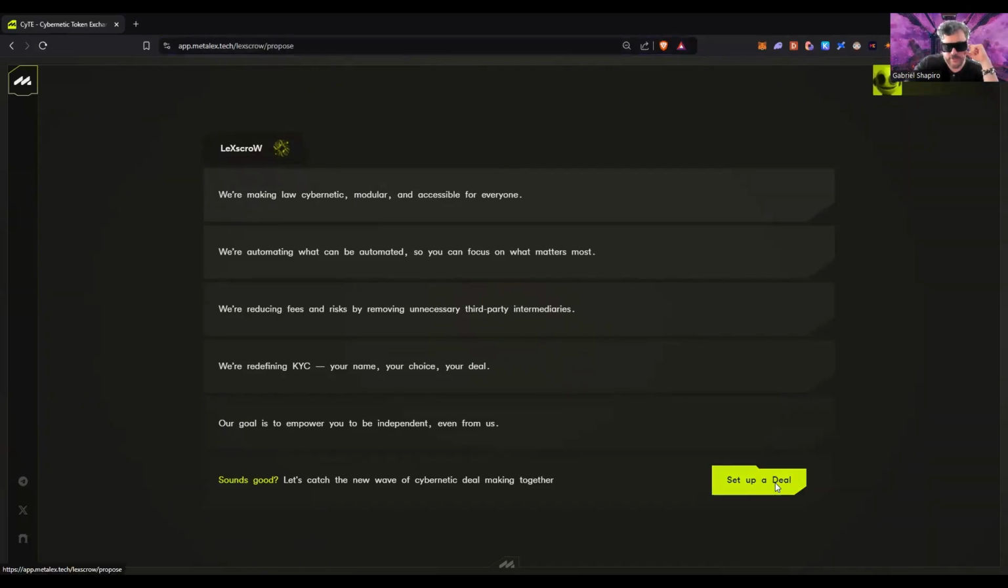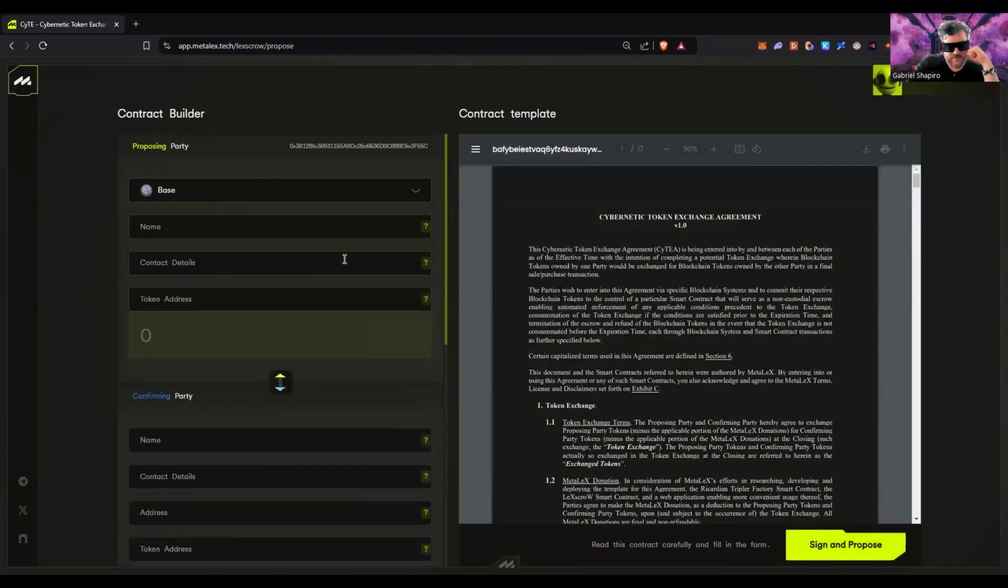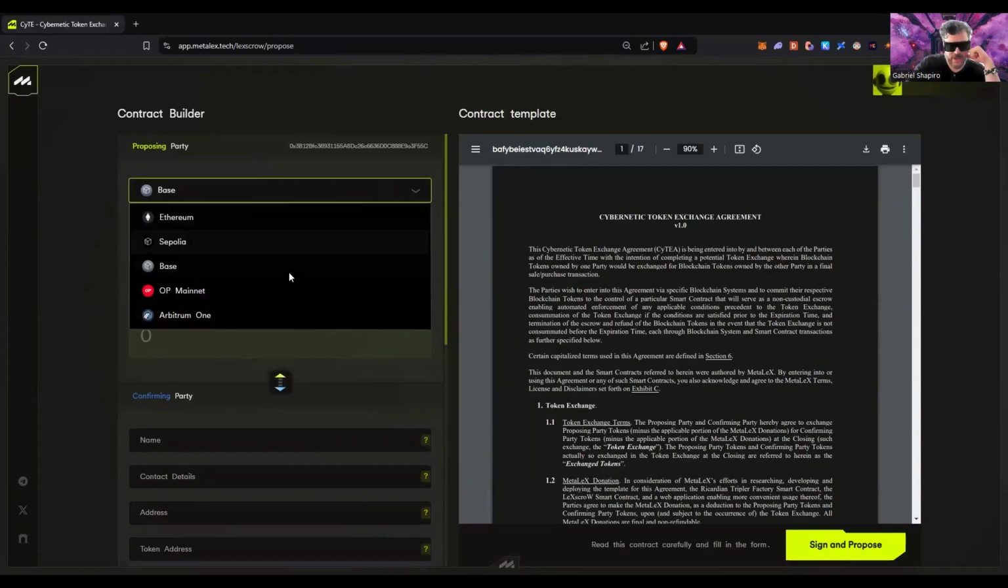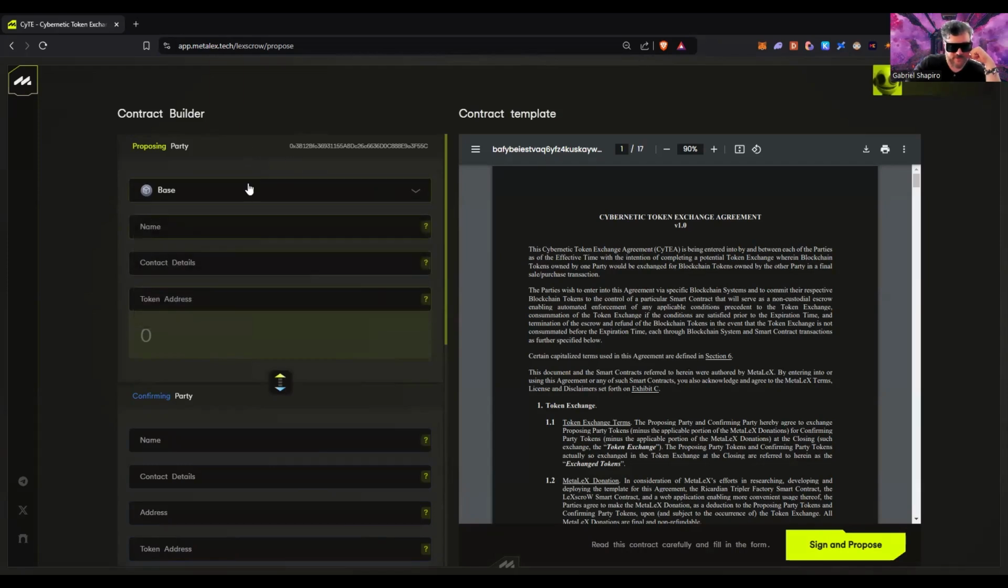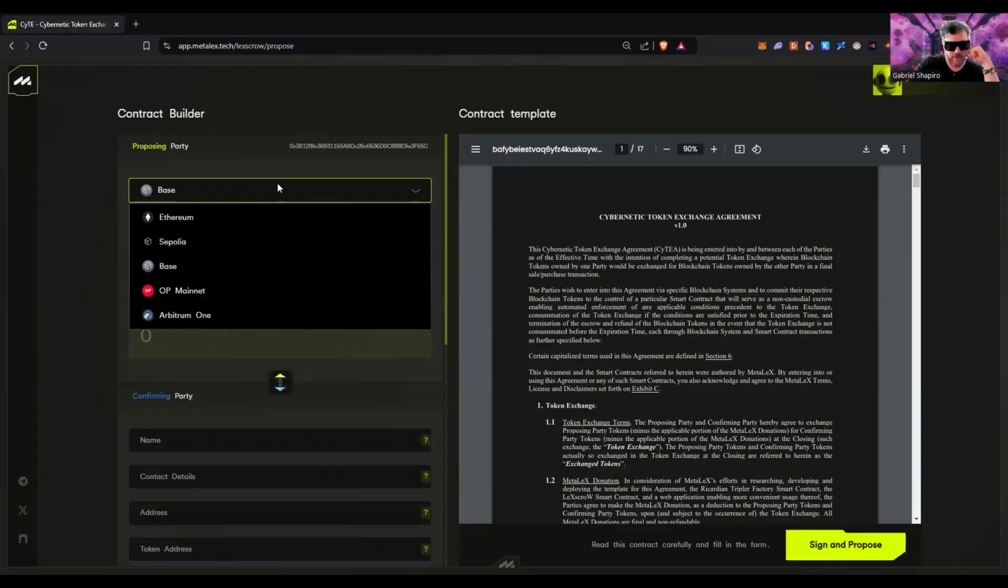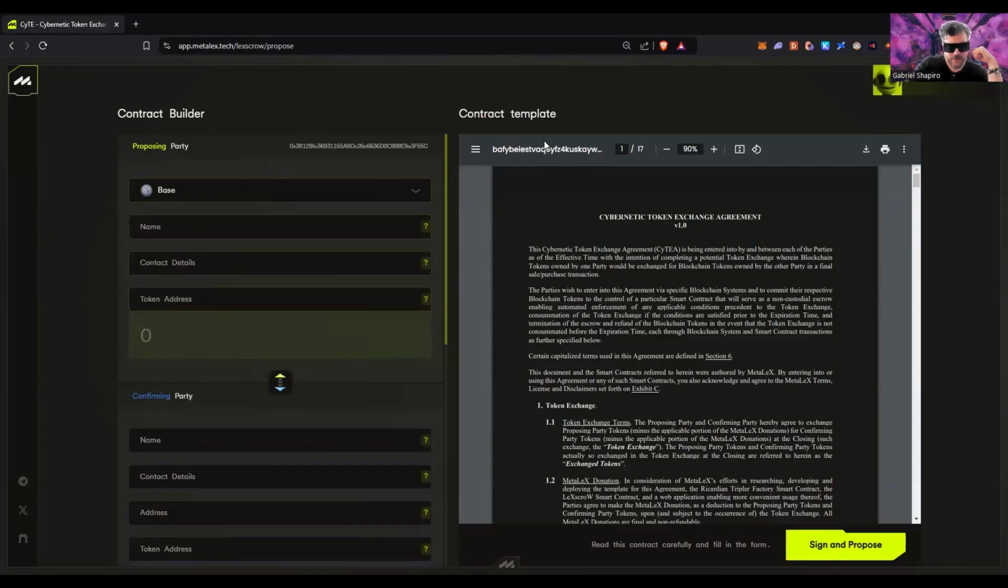And so we're going to click set up a deal. And what this takes you to is Contract Builder, and I'll explain what this is. But you'll note that we've deployed this on various networks: Ethereum, even Sepolia testnet, Base, Optimism, Arbitrum. We'll add ZK Sync there at some point. Ran into some deployment issues there, but I'm going to do this demo on Base because I have some easy